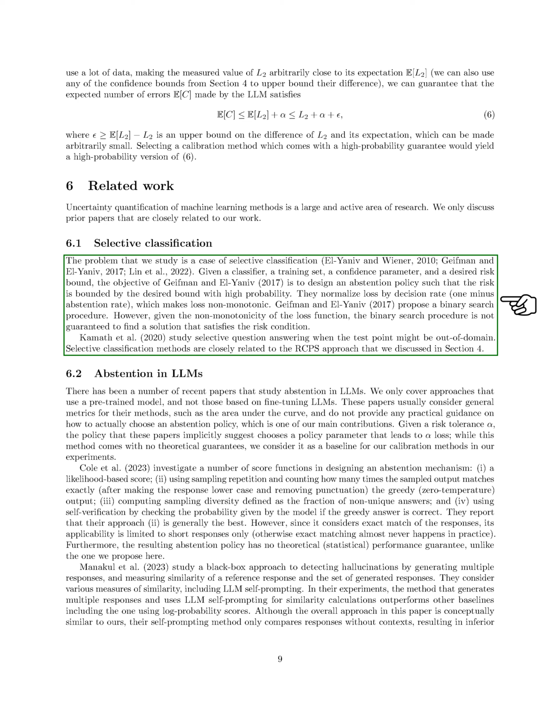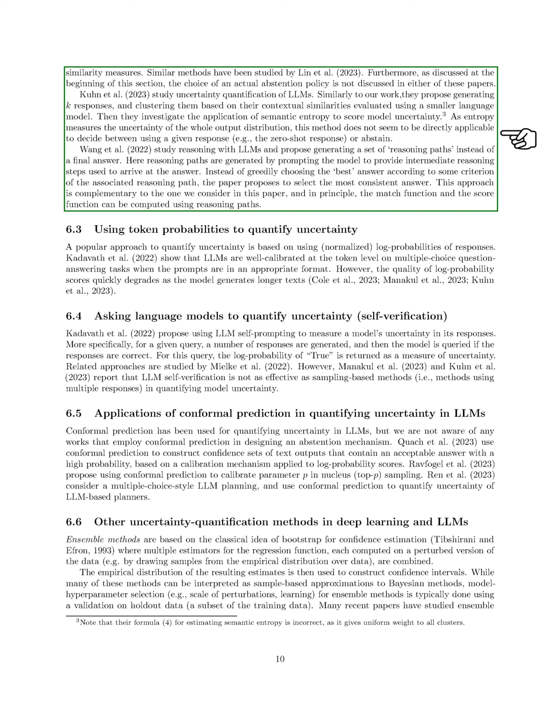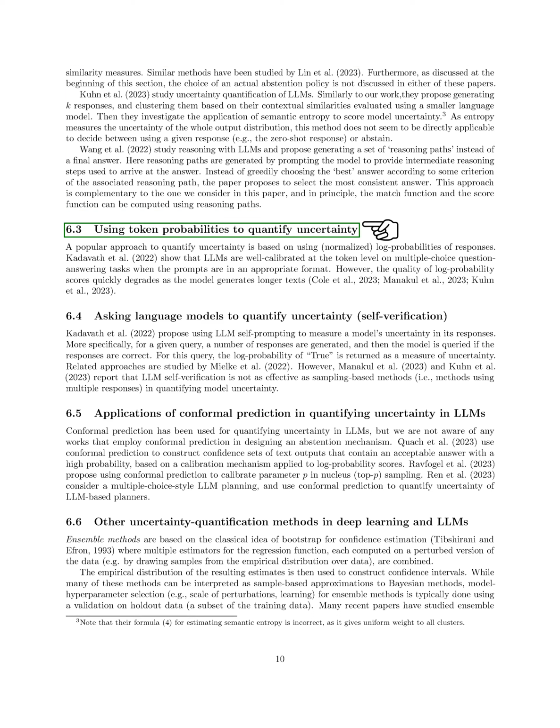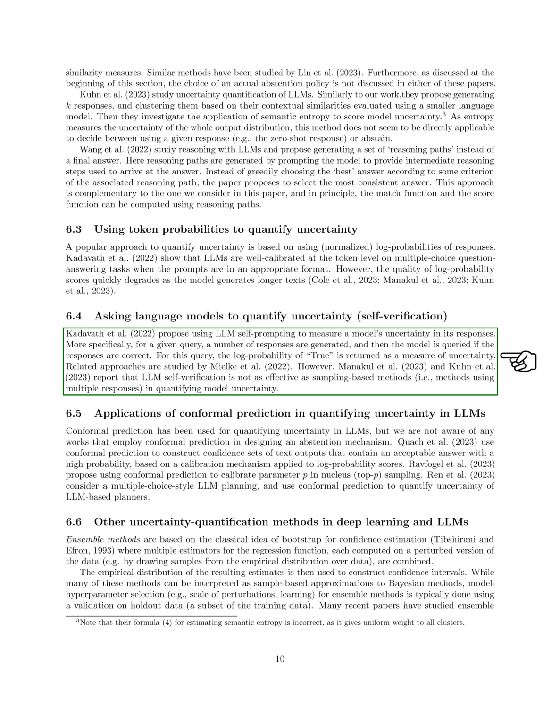Another area of interest is detecting hallucinations by generating multiple responses and comparing them to a reference response. While some methods show promise, they may have limitations in practical applications. Furthermore, uncertainty quantification of LLMs and reasoning with LLMs are also discussed, each proposing unique approaches to address model uncertainty and decision-making processes. Token probabilities are commonly used to quantify uncertainty, but their effectiveness may decrease with longer text generations. Additionally, LLM self-prompting is explored as a method to measure model uncertainty, although it may not be as effective as sampling-based techniques in certain cases.